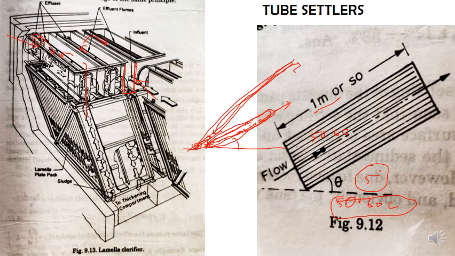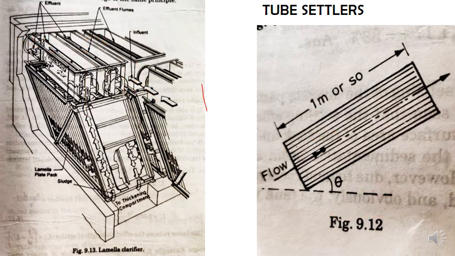and through these effluent channels they will be taken out to the next unit. So what they recommend is at least 1/5 of the entire sedimentation tank. So the last 1/5 portion of the plain sedimentation tank, if we provide this with these tube settlers, definitely it is going to increase the amount of settling. So this is how the tube settlers work, right?